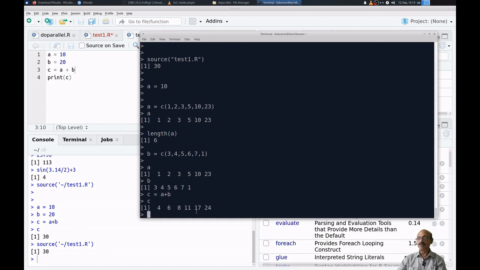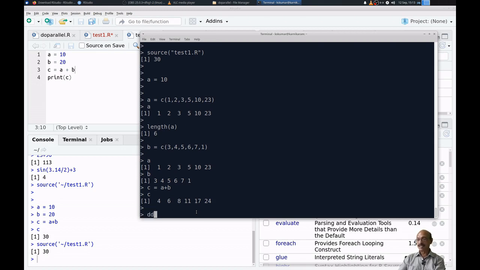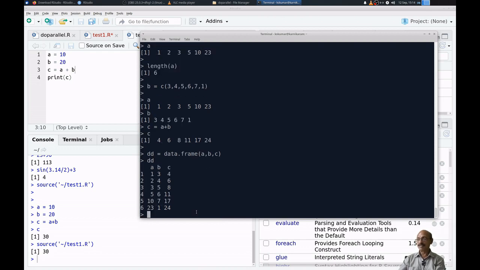So I introduced how to put values, put variables. First thing is a scalar, then there is a vector. Vector you have to install like this. Okay, so several values. Now there is something called data frame. So suppose dd is equal to, this is another data type in R. dd is equal to data dot frame bracket a comma b comma c. Okay, so dd, if you introduce, it will show value. This is called a data frame.